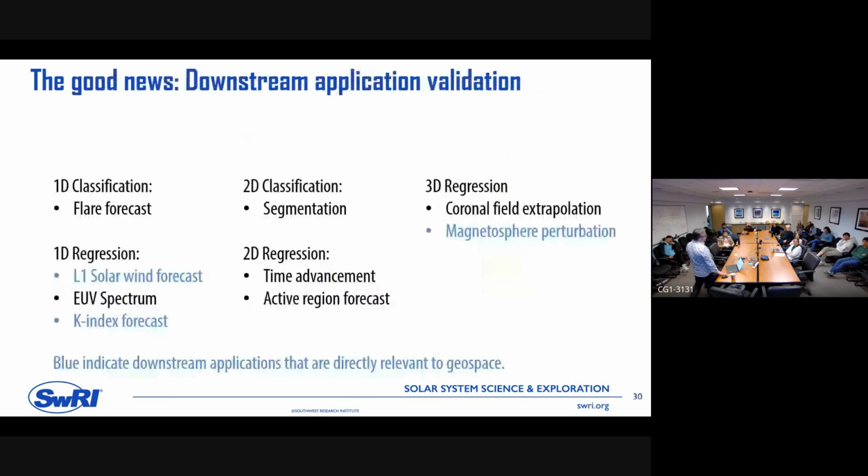But from the point of view of reusing this, this was the dream, the holy grail. Imagine if I could have shown you that we were getting every single flare of solar cycle 24 and solar cycle 25. Even the fact that we're getting them on 24 itself is unbelievable to me.